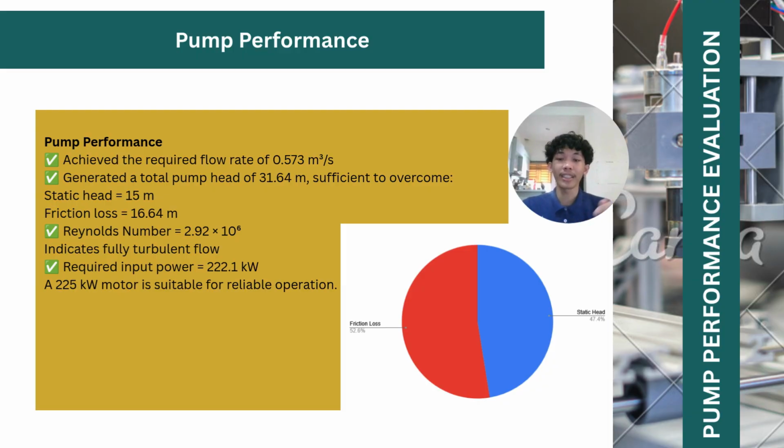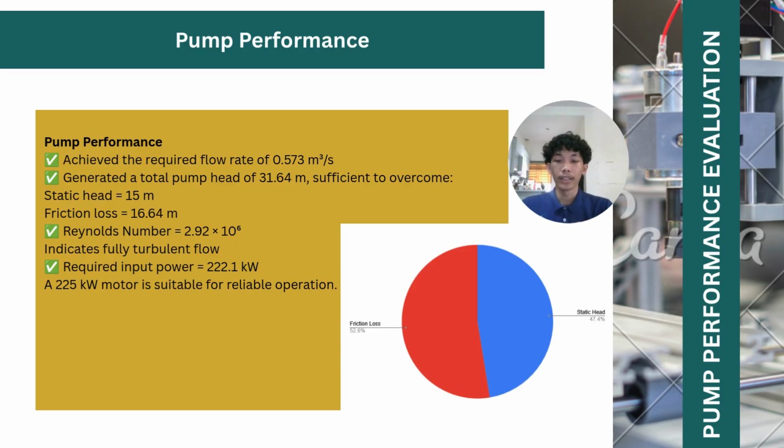Next, I will discuss the performance of the proposed pump based on the calculated result. First, the pump successfully delivers the required flow rate of 0.573 cubic meters per second, which meets the design requirements stated in the case study. The calculated total pump head is 31.64 meters. This is sufficient to overcome both the static head of 15 meters and the friction losses of 16.64 meters along